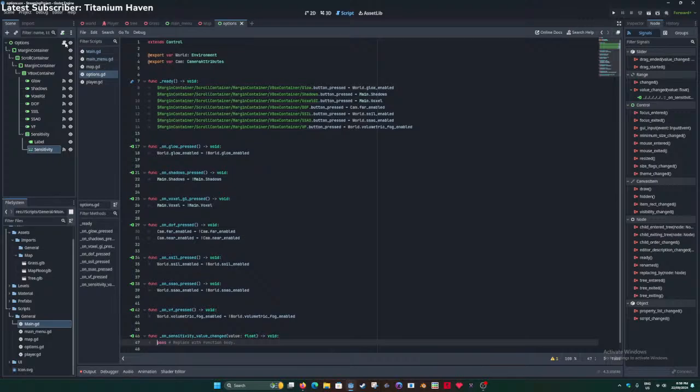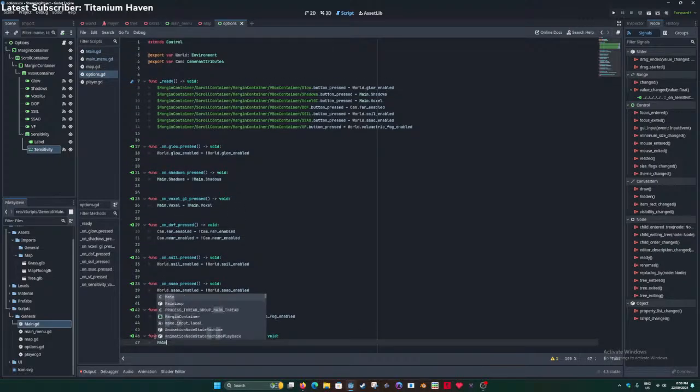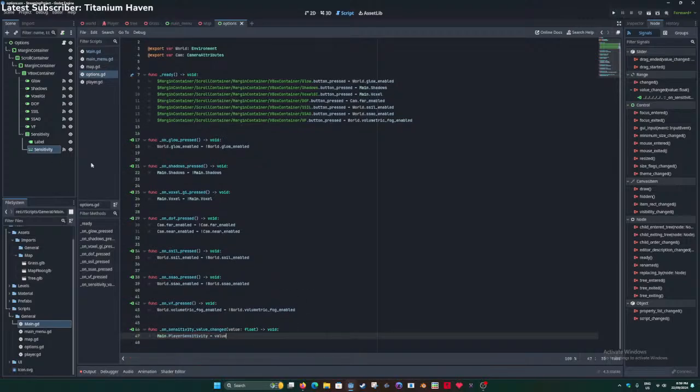Then you go here, you take this, and you go main.player_sensitivity equals value. But you also want the label to display that, so you want to go label.text equals